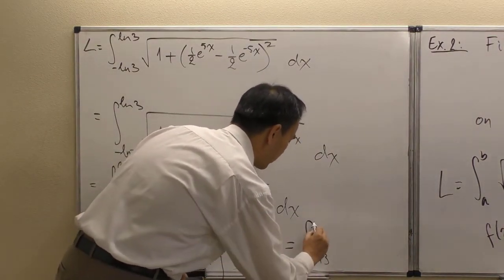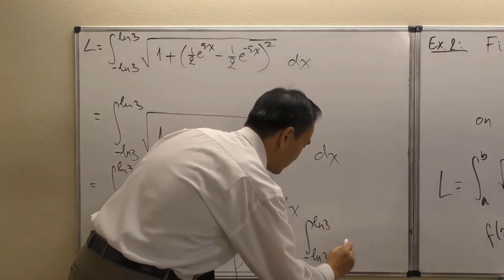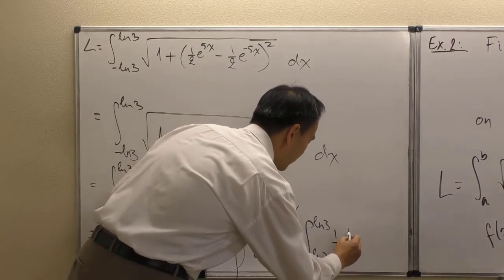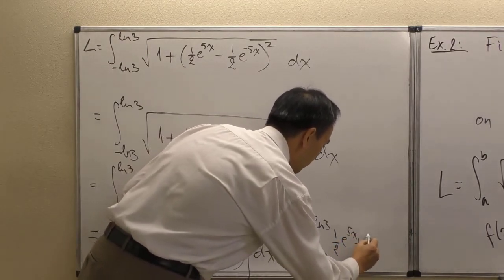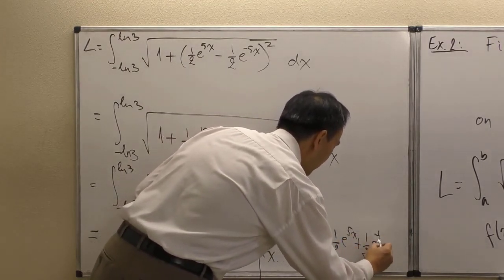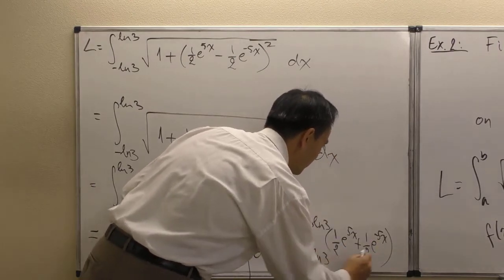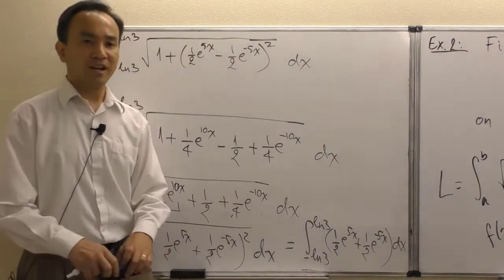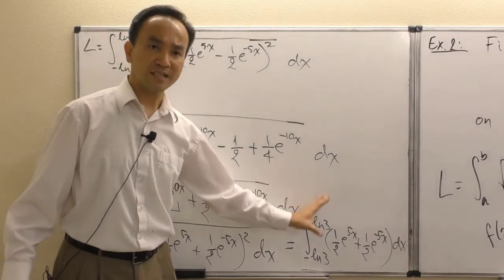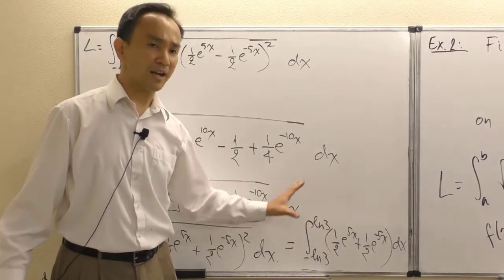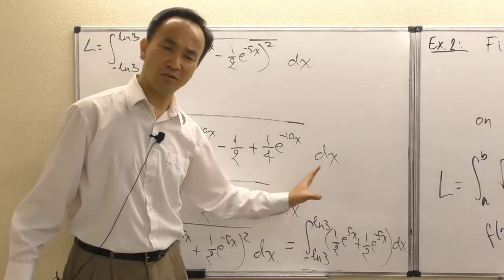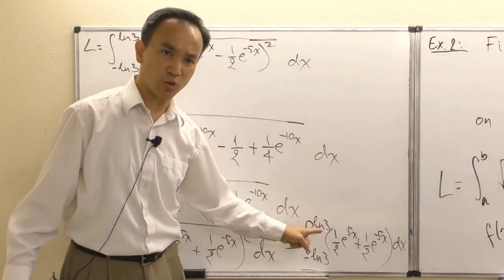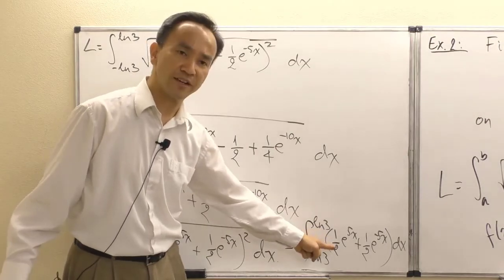And so in my next step, I'm gonna produce an integral, not from minus natural log of 3 but from minus natural log of 3 to natural log of 3, and the integral now is surprisingly simple: 1/2 e to the 5x plus 1/2 e to the minus 5x dx. And so now anyone with just some basic understanding of calculus 1